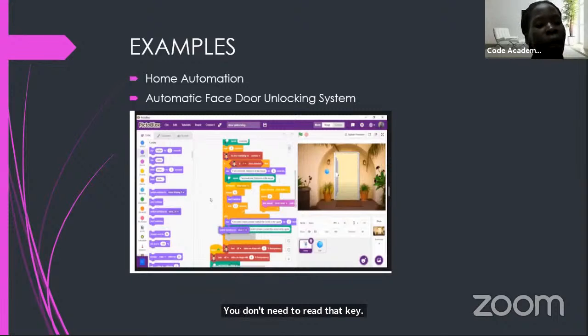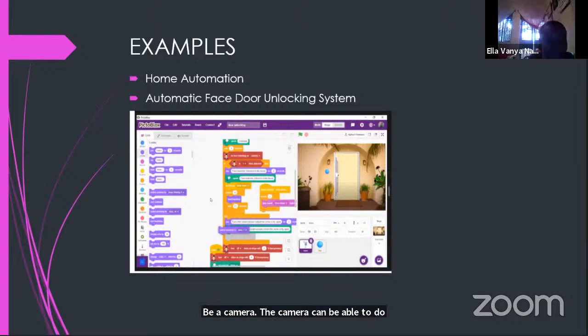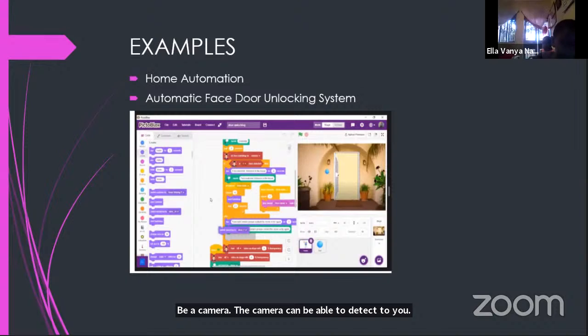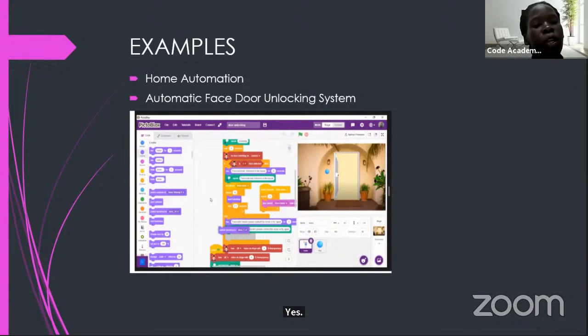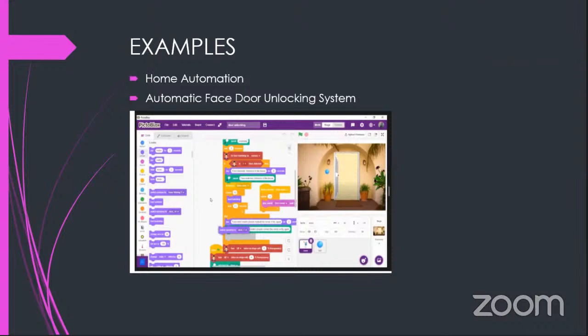Near a camera, the camera can detect you. Yes, once it detects you, the door opens. If it can't detect you, the door won't open. Yes, those houses, it first sees your face and recognizes you as its boss.